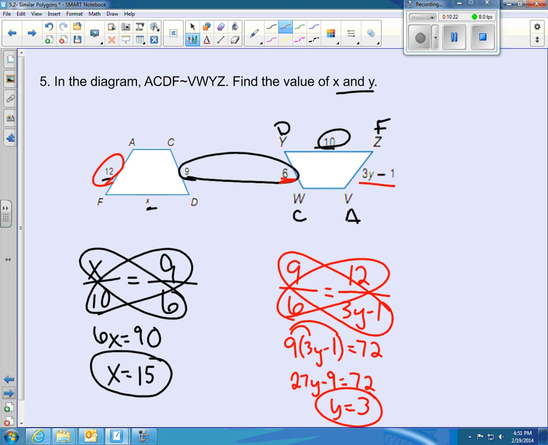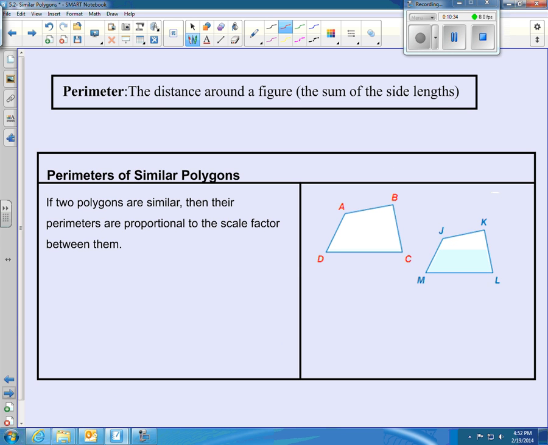Okay, so we saw setting up scale factors. We've seen finding proportional parts. We found missing values. Now we're going to see perimeters with some polygons. Remember, perimeter is the distance around the figure or the sum of the side lengths. If you can say that the two polygons are similar, congruent angles, proportional sides, then you know that their perimeters